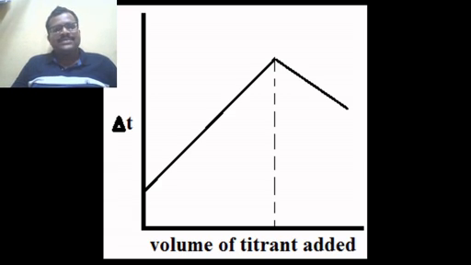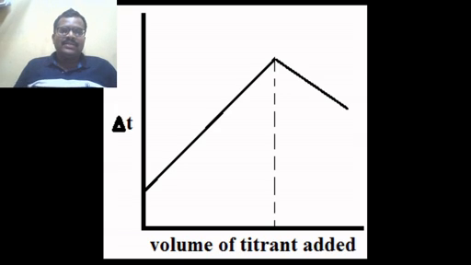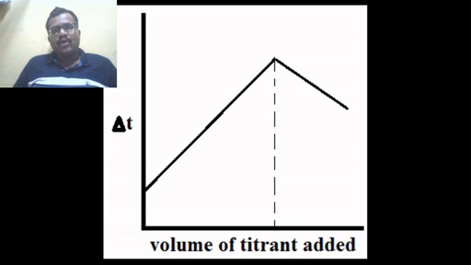Then when excess NaOH is added, dilution of NaOH takes place, and during this course of titration there is no change in temperature, so obviously cooling of our system takes place. So the second part of the graph is a downward line, and here we get the end point of the titration easily, and we get an accurate end point. This is the first example, titration of weak acid and strong base.